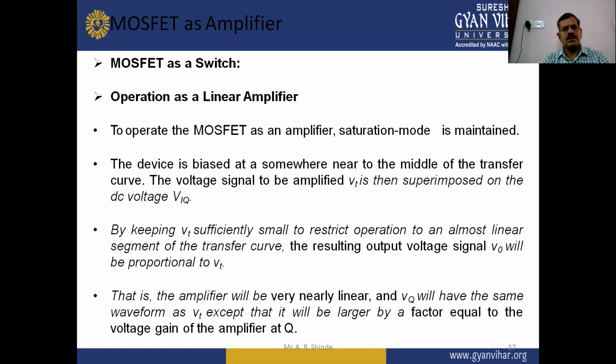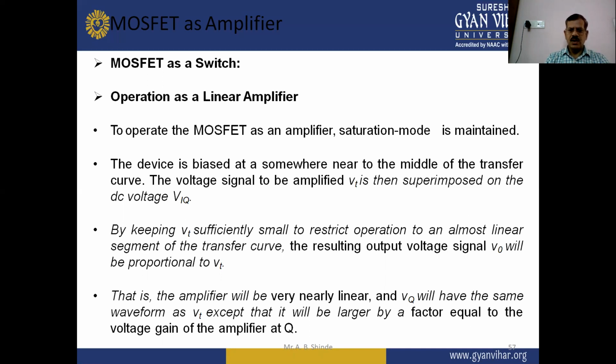Next, operation of the MOSFET as a linear amplifier. To operate the MOSFET as an amplifier, saturation mode is maintained. The device is biased somewhere near the middle of the transfer curve. The voltage signal to be amplified, vi, is then superimposed on the DC voltage ViQ. By keeping vi sufficiently small to restrict operation to an almost linear segment of the transfer curve,